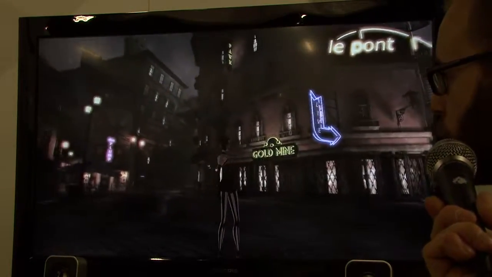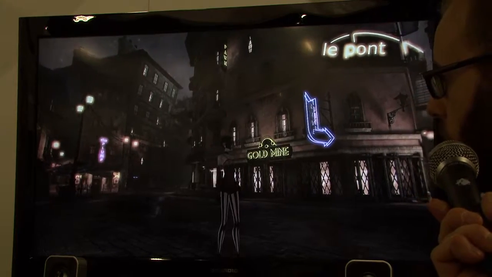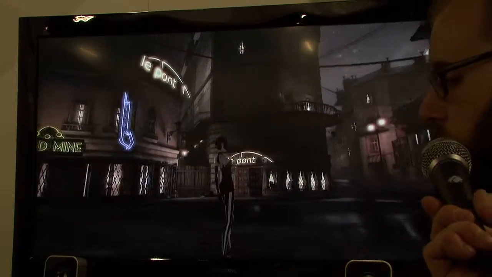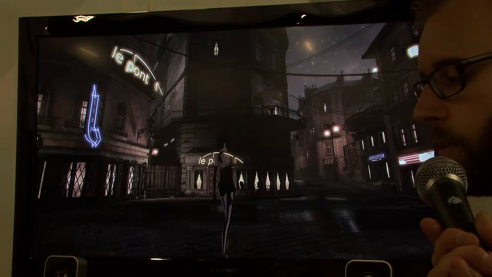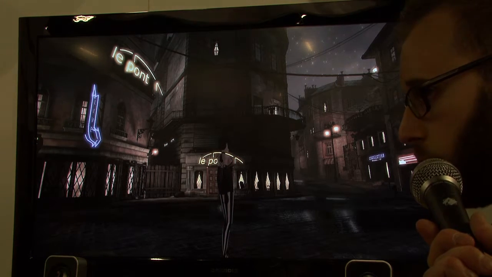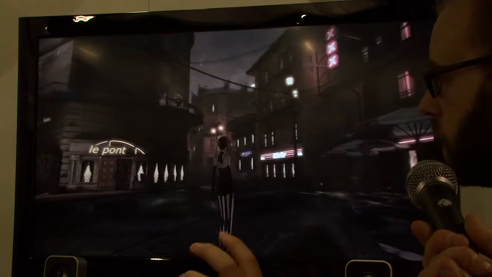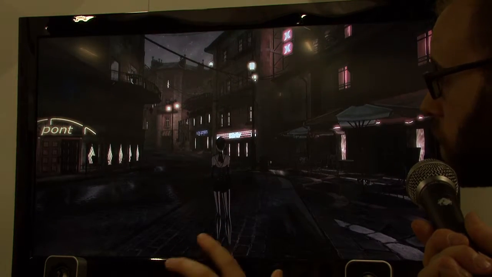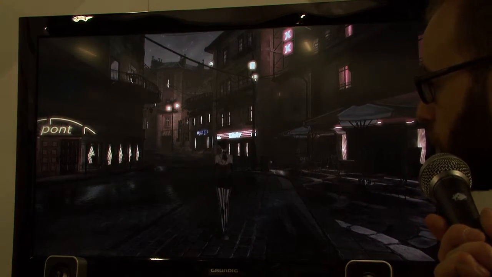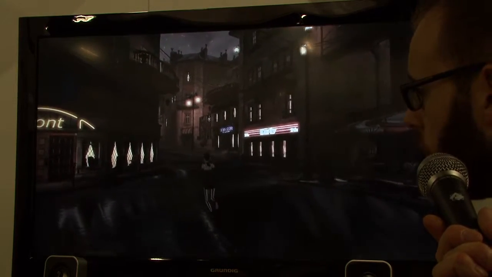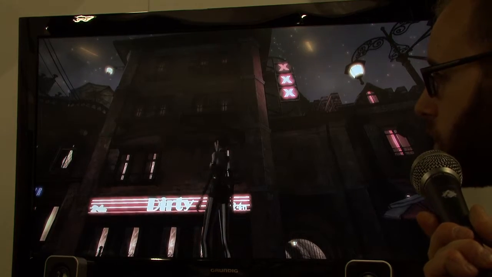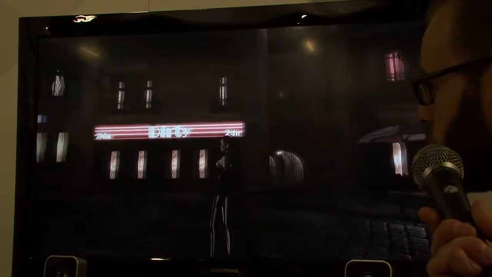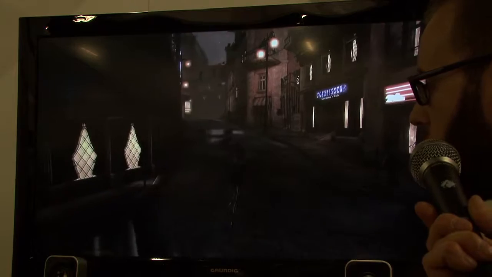So the world is very German expressionism and a combination of deco. The world is a bit of a hodgepodge because we really liked elements from the 20s and the elements from the 40s. And so we blended a lot of things that we liked to create this kind of distinct visual style. You'll also see here that we're not in the safest of places. So this is very much the red light district of the city,